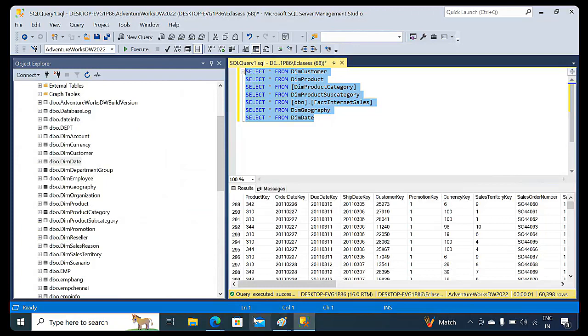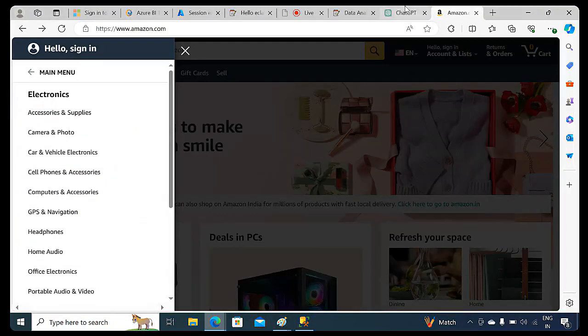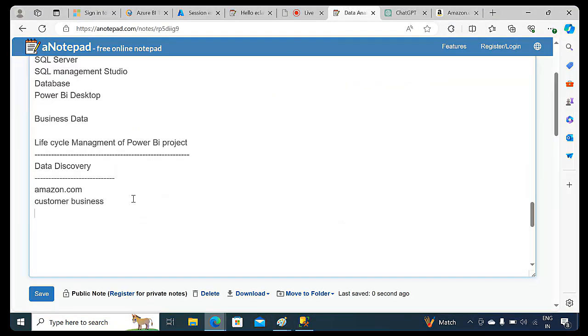Okay, so this is the first phase. The first phase means we need to understand the,